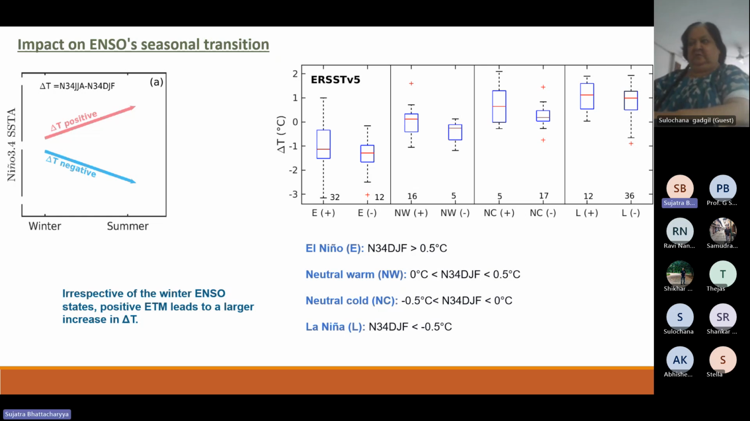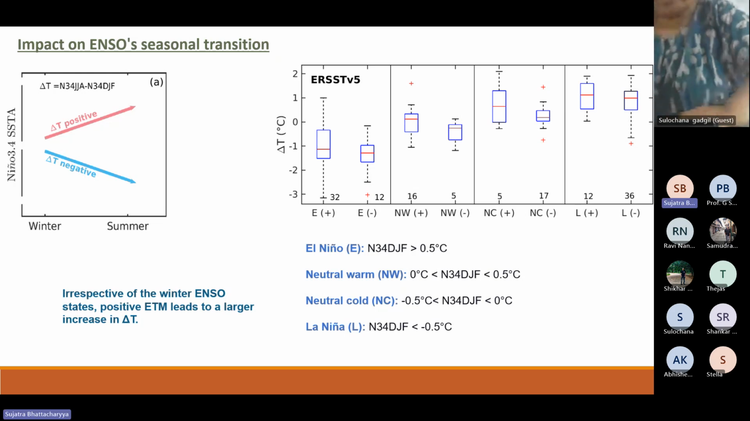So if you just look at this, you can neglect all this. Let me just concentrate on this plot. This means we have El Niño in winter. This also means we have El Niño in winter. But in this case, we have positive ETM forcing coming in the boreal spring. That means anomalous westerlies. In this case, we have